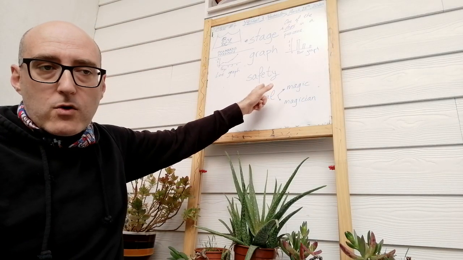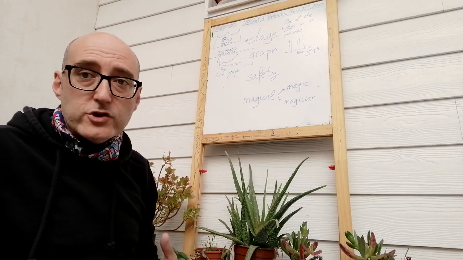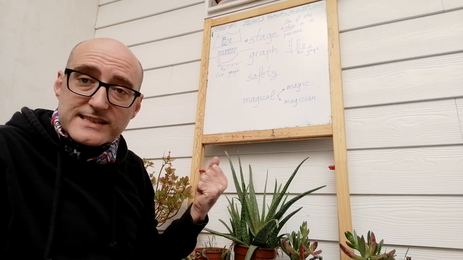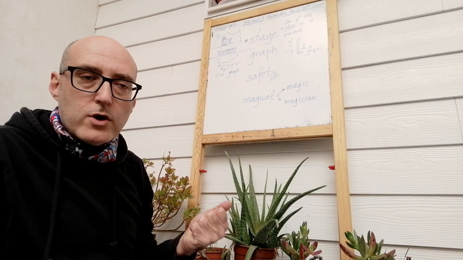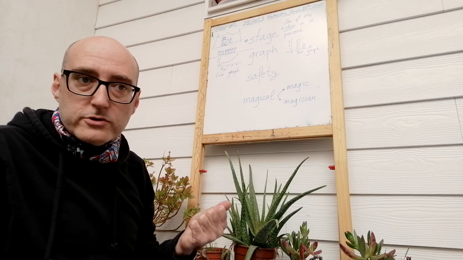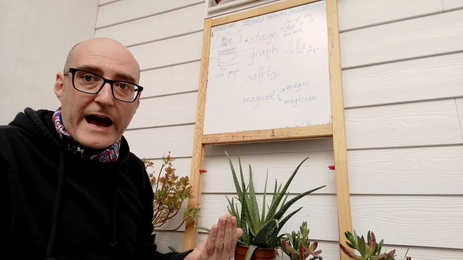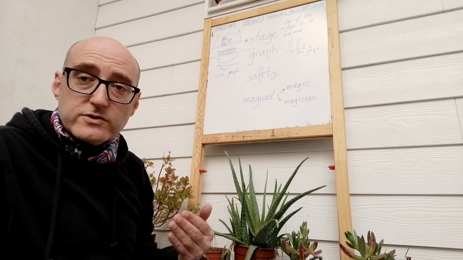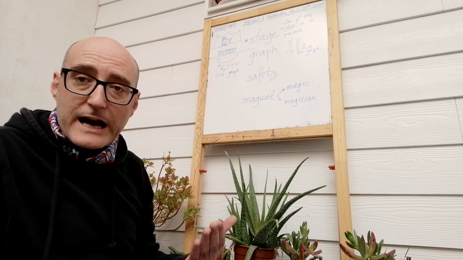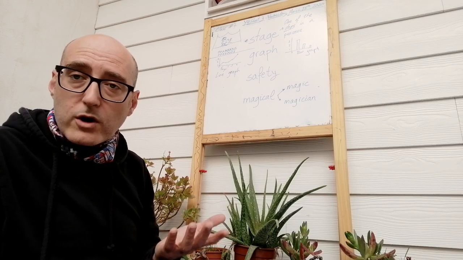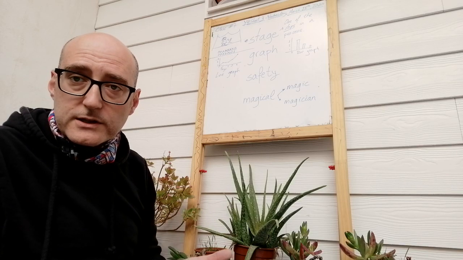Safety. Now, when you want to be safe, when you don't want to have an accident, you need to act with safety. You need to follow safety rules or instructions. For example, right now, we want to act with safety. We want to follow safety guidelines, things that are going to keep us safe. For example, washing your hands frequently, okay?